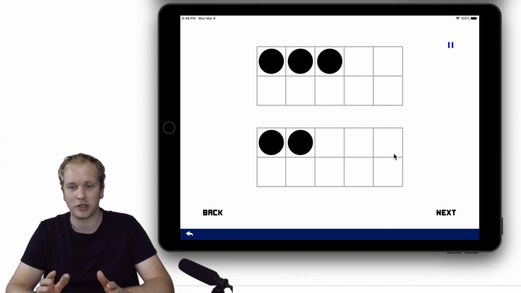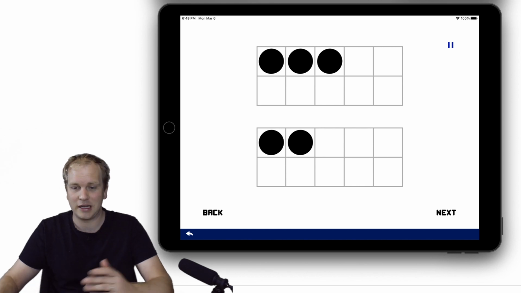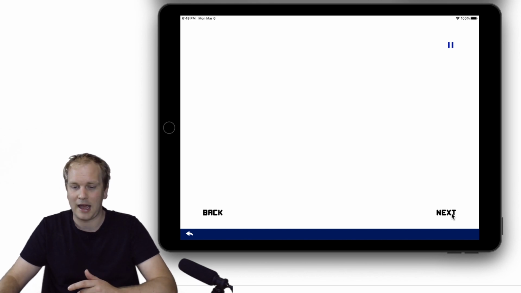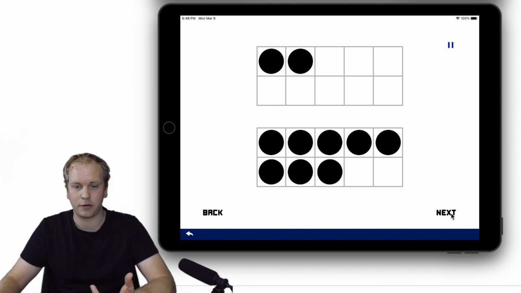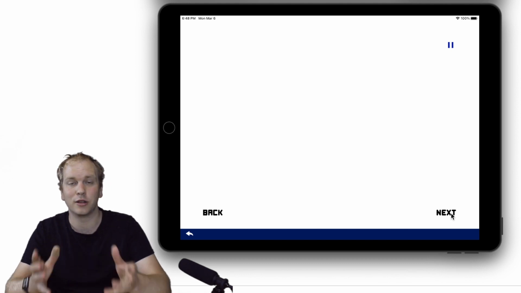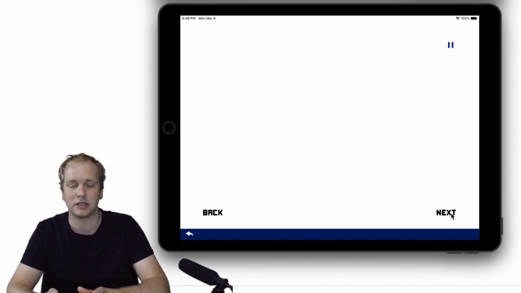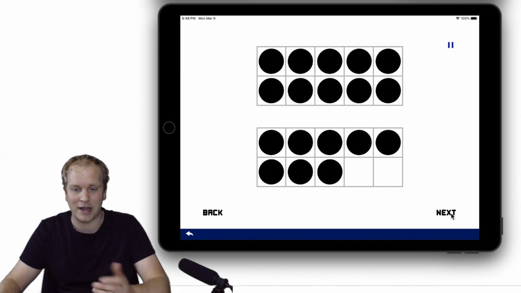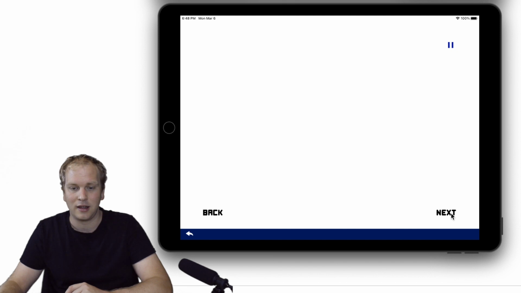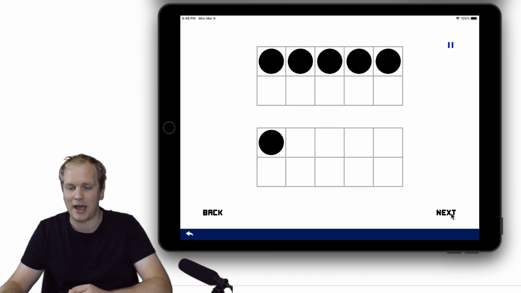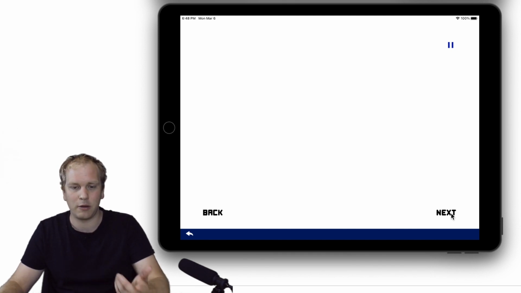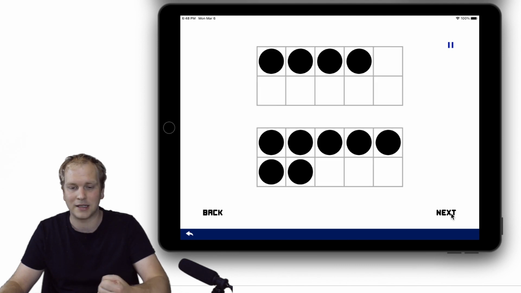Then once you've focused on those strategies individually, then you can just take the pause function away and just keep testing randomized ones, and they can just look for whatever strategy suits the time at hand. So obviously that time we had an 8 and a 2, so that's one of our tens facts. There we've got one of our teen numbers, so 18. Here we've just got 5 and 1 more makes 6.